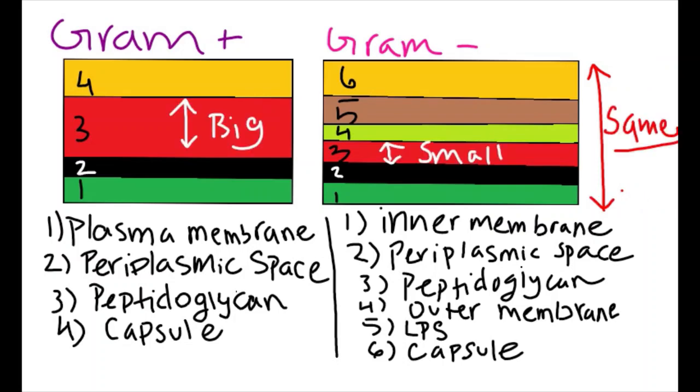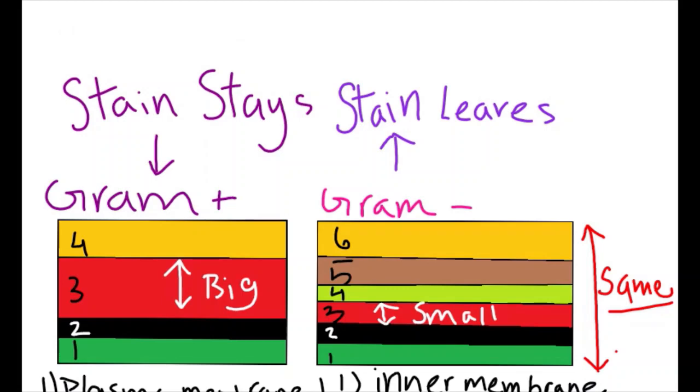Looking at the layers of the gram-negative and positive bacteria, we can see the peptidoglycan layer of gram-positive is disproportionately larger than that of gram-negative, even though the collective height or thickness of the layers is the same, due to the gram-negative bacteria having more layers. This difference in thickness for peptidoglycan is what is key in the bacteria being stained purple